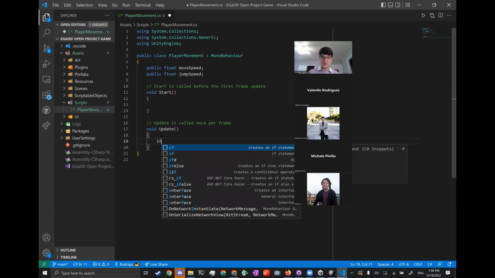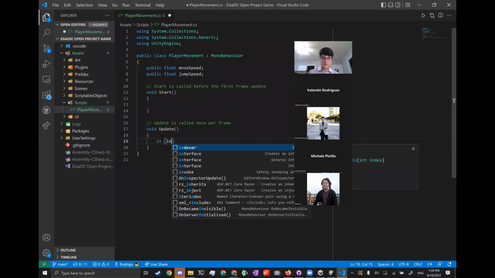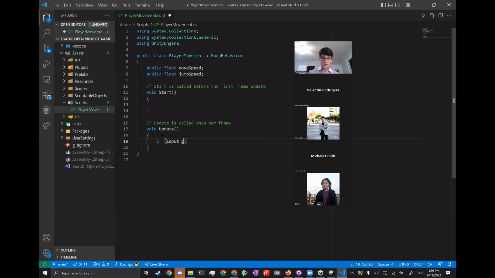So the way you do that is you can do an if statement. And then there's a class in Unity called Input, and GetKey. Oh, I'm having a glitch. My autocomplete isn't working, so I'm having to rely on my memory. Let's hope I'm right. And so this is going to check to see if the key in here is pressed